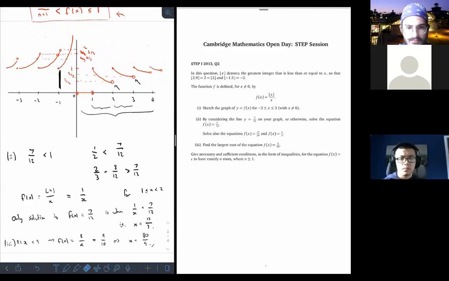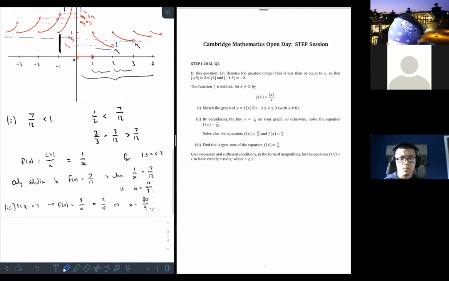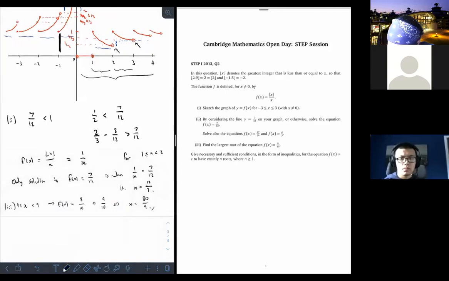To have exactly one root, we would need to be within this region where we do not intersect any of the other line segments, but we do intersect just this first line segment here. Or if we look on the other side, we just want to intersect one of these parts, which would mean that we have to be above this region, so up here. So for example, in that case, we could say to have one solution,